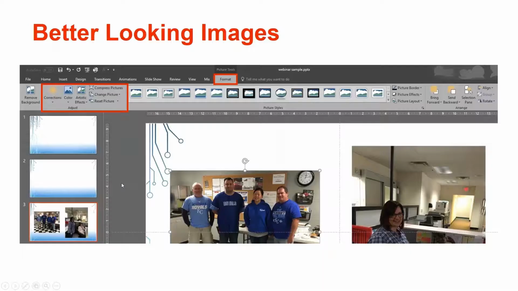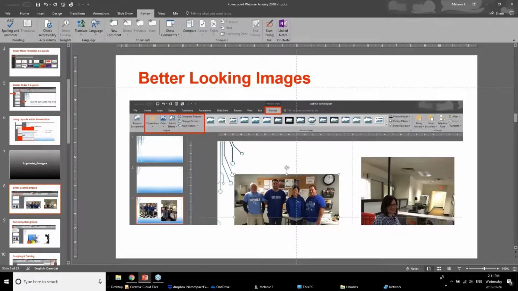Now, let's talk about improving images. Famously they say a picture is worth 1,000 words. I would challenge that, in the sense that if the picture is not great, it is not worth 1,000 words. I have seen this countless times in presentations where people recognize the fact that people like seeing images in their presentations, but the photographs are not clear, they're too small, there are too many,